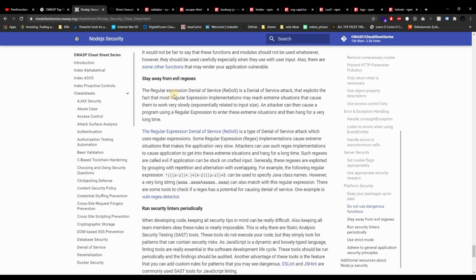Regex, they say to stay away from that because it could cause a ReDoS, basically a regular expression denial of service. Yeah, this is somewhat true. If you have a complex regex, you're giving the hacker a way to DDoS your server. Oh, here it is. That exploits the fact that most regular expression implementations may reach extreme situations that cause them to work very slowly. Right, so you're just sending a lot of requests to the server